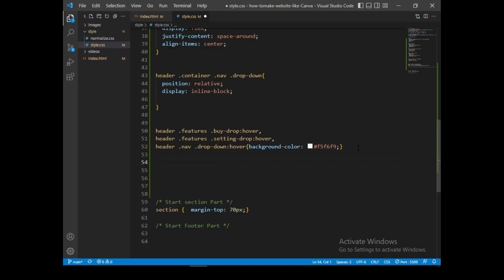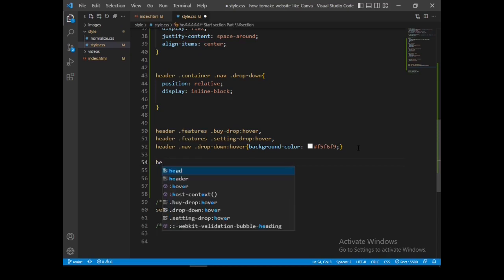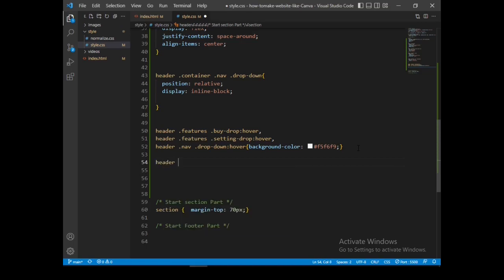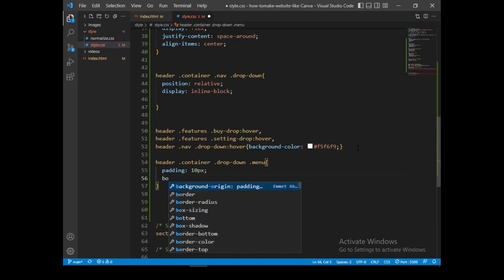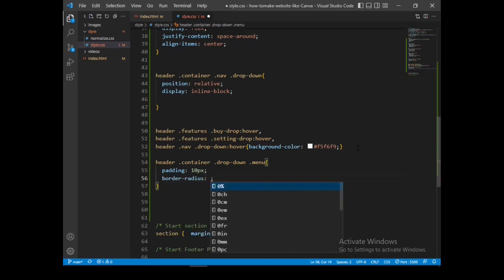Now let's target the menu. Header dot container dot dropdown dot menu. Let's set the padding to 10 pixels, and let's have a border radius of 4 pixels.